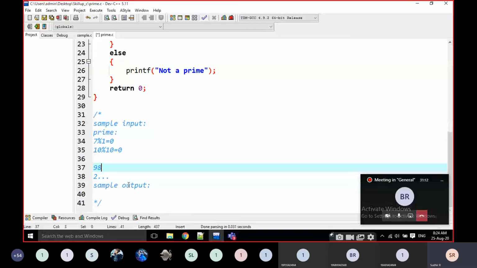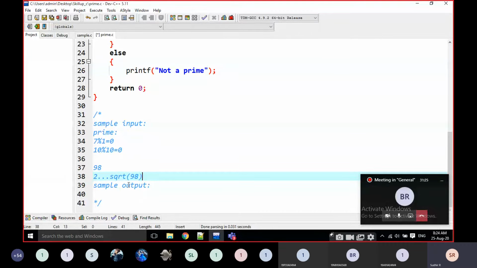What is the square root of 98? It is not exactly a whole number; it has a floating point part, something like 9 point something. That means it is going to check only 2 to 9 every time. Instead of 98 times, it is going to check only 8 times, 2 to 9.